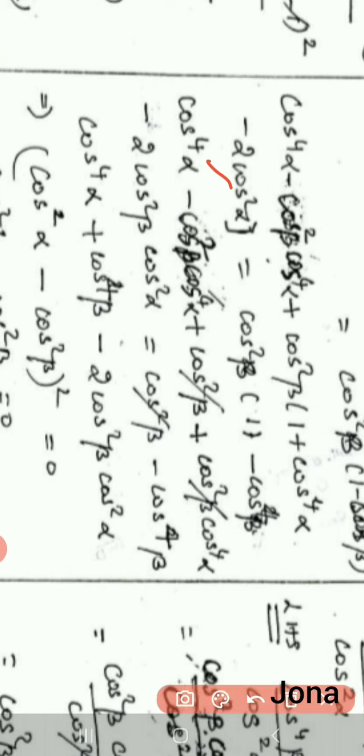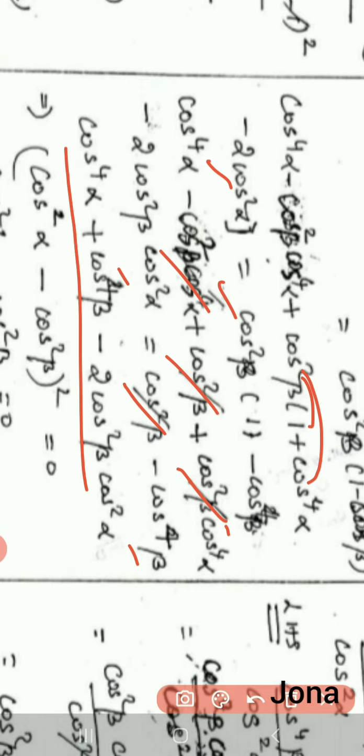So cos power 4 alpha, here if you remove the bracket I can get those 3 terms here, and then the right hand side I got this. We want to cancel the things. What are the things that are cancelled here? Minus here and here get cancelled, that cos square beta, and then cos square, this one can be cancelled here. That's all. So cos power 4 alpha plus cos power 4 beta minus 2 cos square beta cos square alpha